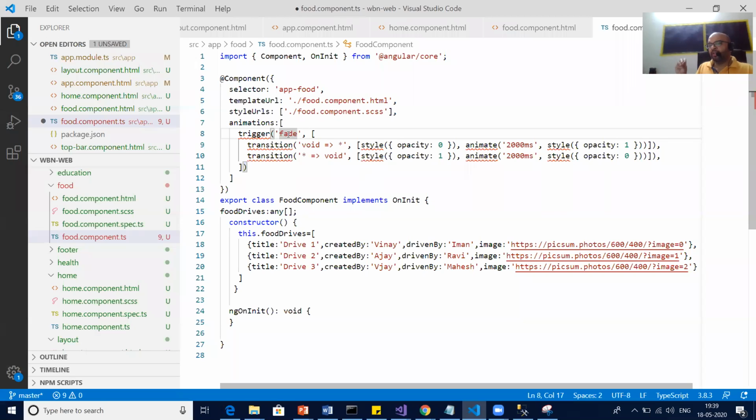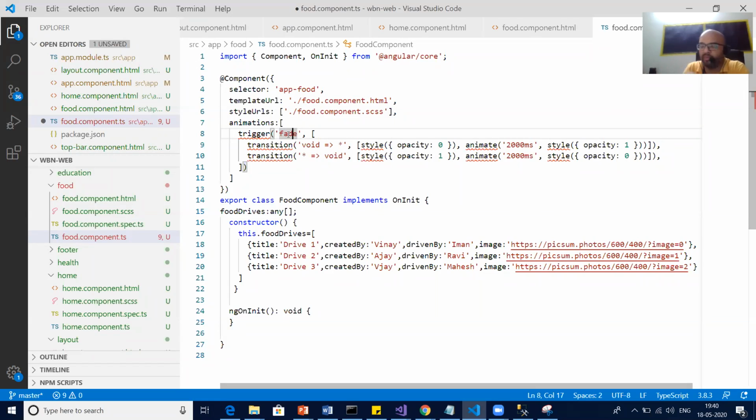Opacity means how clearly you want to make it visible. If opacity is 0, you will not see anything. 0.5 means you will see something on the screen, and you can also see the background, and something on top of it. So a translucent kind of thing. And opacity 1 means you will clearly see that object, that image, in front of the background.